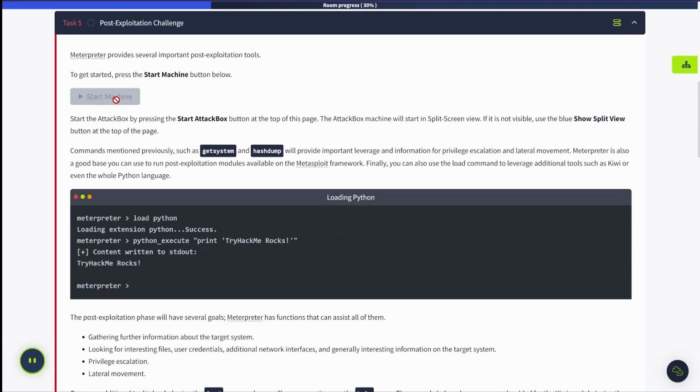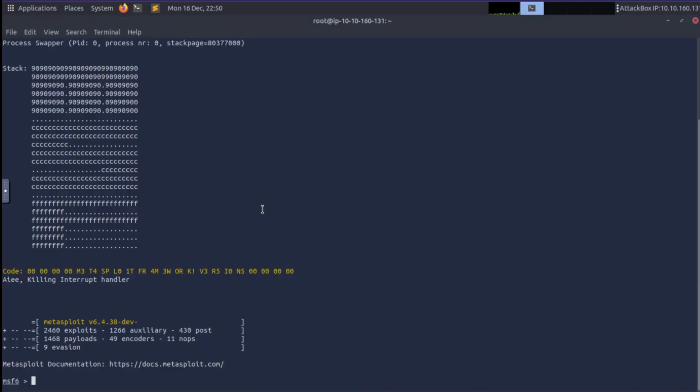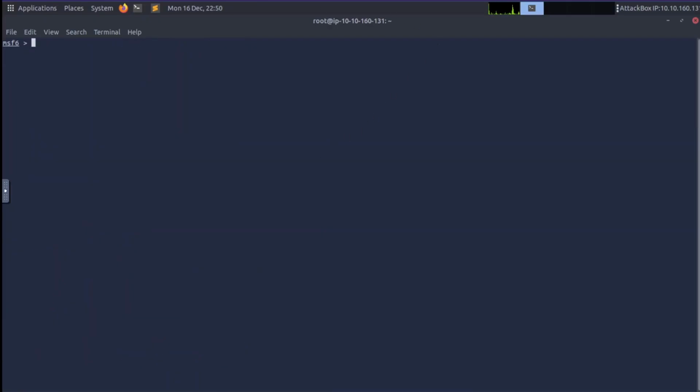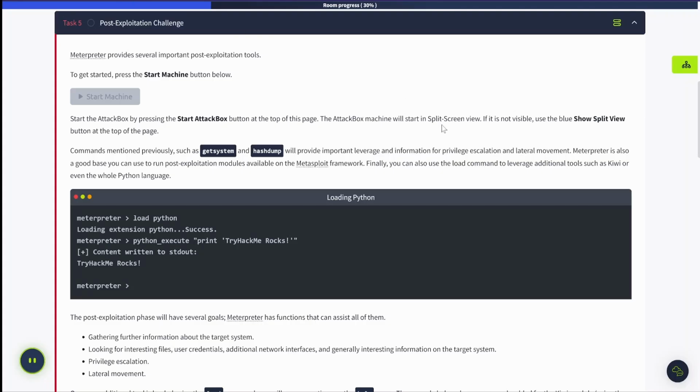Okay, so here you'll want to start your machine, and I already have MSF console up in the attack box. So that's what I'm using. I'm using the attack box. If you want to use your own machine, great. You can open VPN